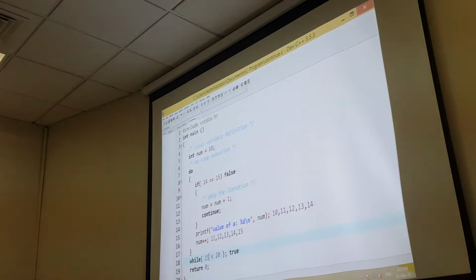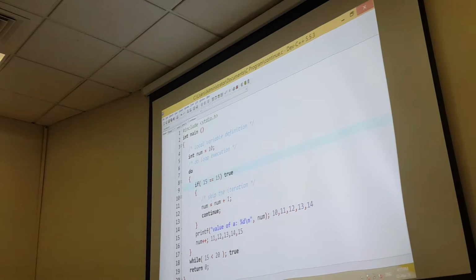Now again 15 here, this condition is still true. Now it goes into the do loop if condition. Now this becomes true. 15 is equal to 15. This condition is true now.